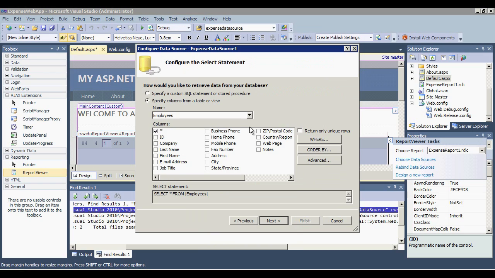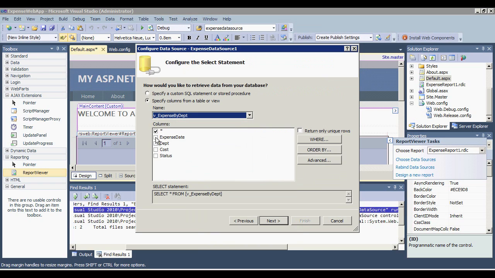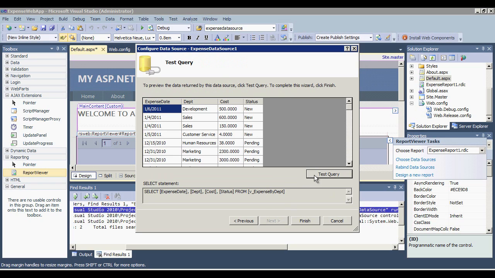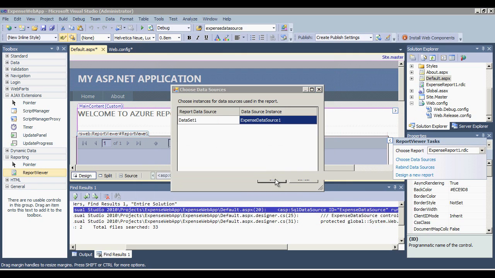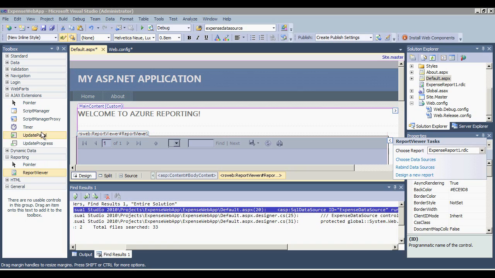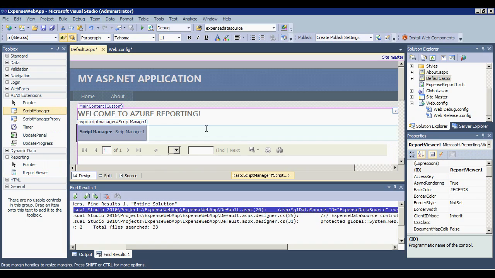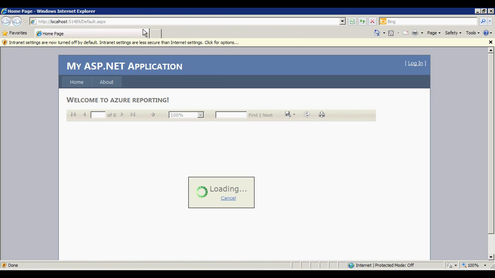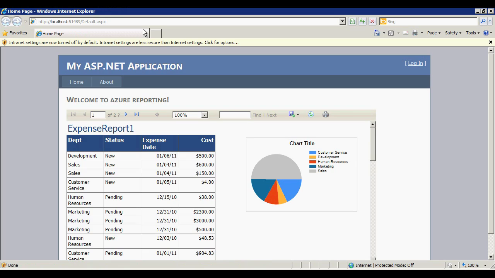Next, we need to select the view we created earlier in the demo. We'll select all the fields and click Next. Now we test the query to make sure it works, and now click Finish. Finally, we need to drop a script manager to manage the code for the report viewer. Now we can execute it to see if it works. And here's our report. By using the reporting services capabilities of SQL Azure, we've easily extended the reach of our